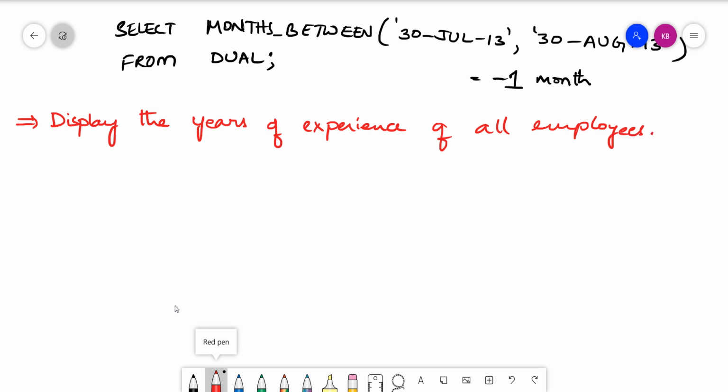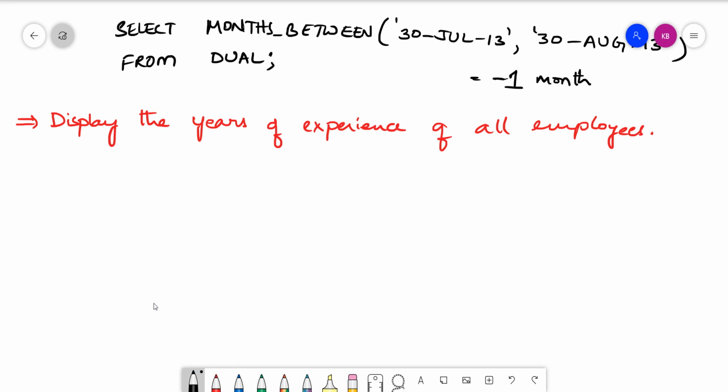So we wanted to provide the years of experience. Whenever we are considering the years of experience, we will be considering till date, right? Yes, so how do you get the current date? You can obtain that by using sysdate.